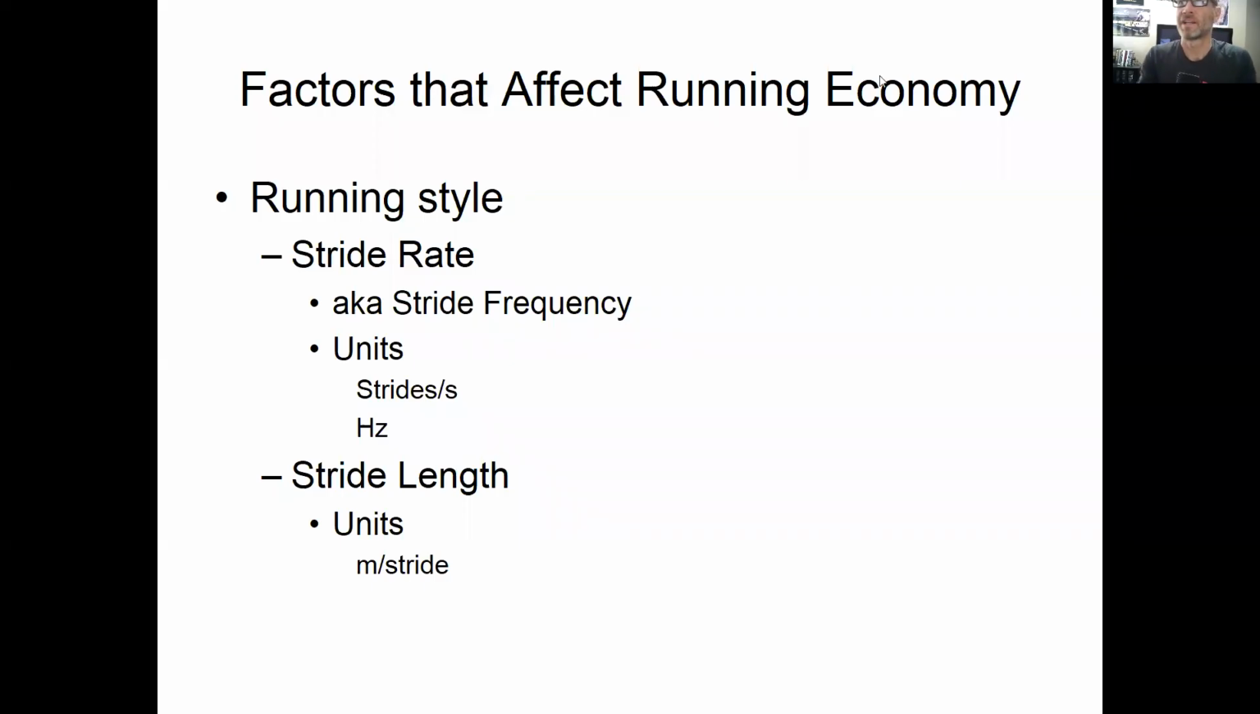Okay, let's talk about factors that influence running economy. Remember, running economy is rate of oxygen consumption. The first factor that I want to talk about is running style. There's lots of ways to quantify running style. I'm going to just start by talking about the basic kinematic descriptors of running style, and that's stride rate and